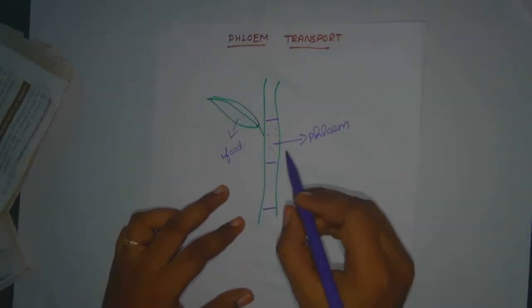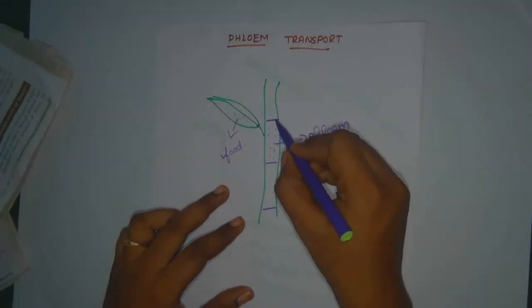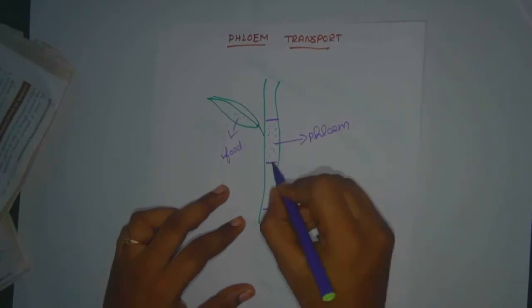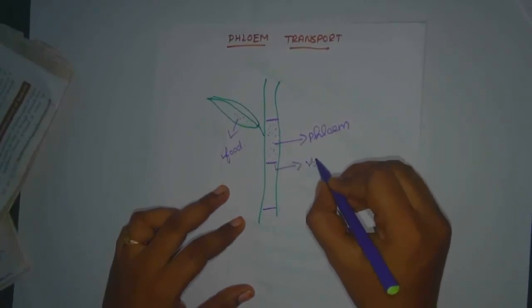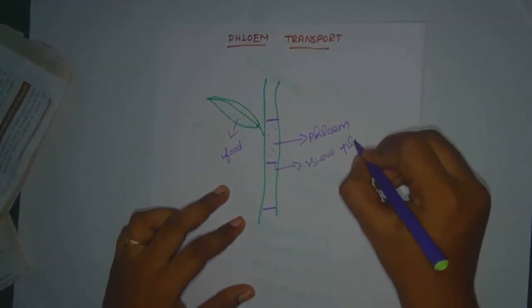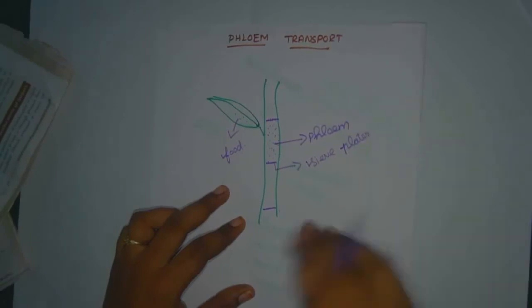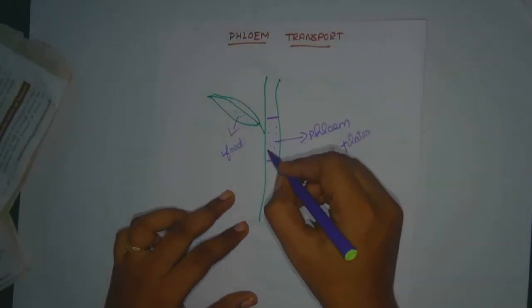The first thing is that food is transported through the sieve element. Here they have open pores. That is a sieve element, or sieve plate, as it is called. There is a sieve element or sieve plate. In that, cytoplasmic strands pass through the pores. This is the cytoplasm, right?